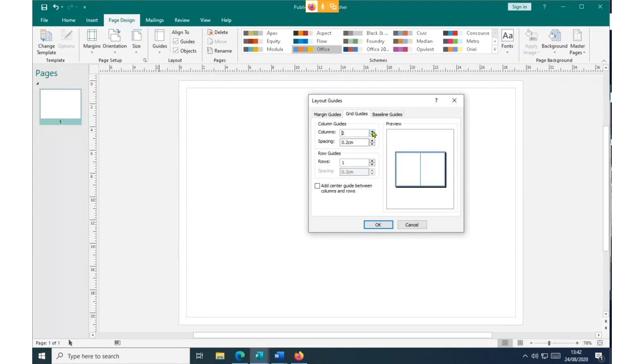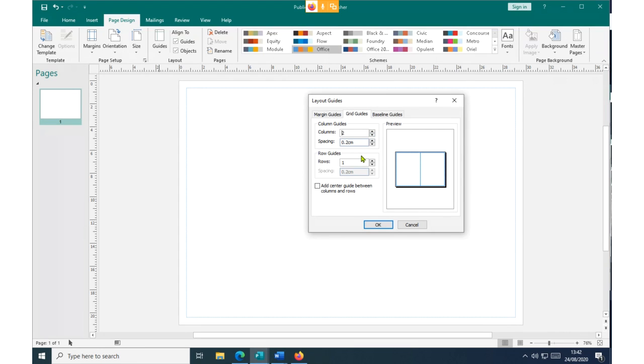If you want to divide into several rows, you can also click here. But normally for the brochure we want one row and several columns. We can even have three depending on what you decide. Today, let's start with two columns and only one row.